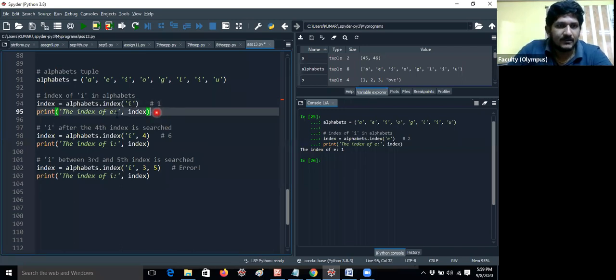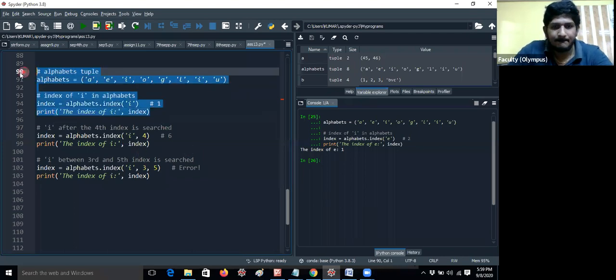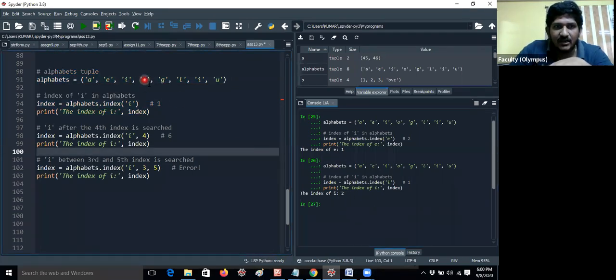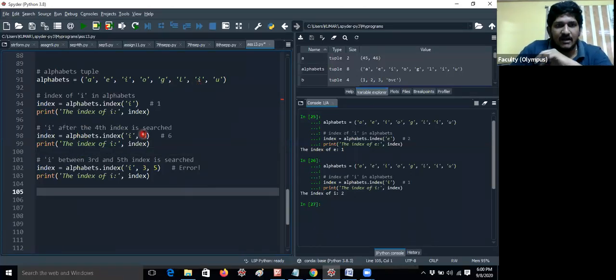Okay. So the index of I. I'm getting an index of I as 2 only, but I is there in the 3, 4, 5, 6th locations also. Then if you want to find out that index, you have to give it like this. That means, as in the earlier examples you have seen,